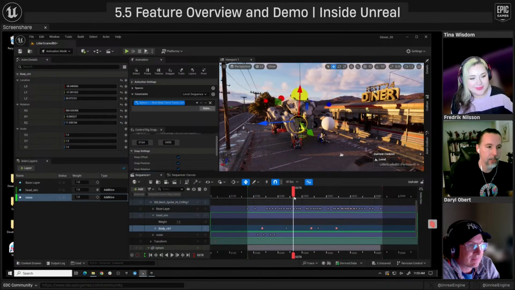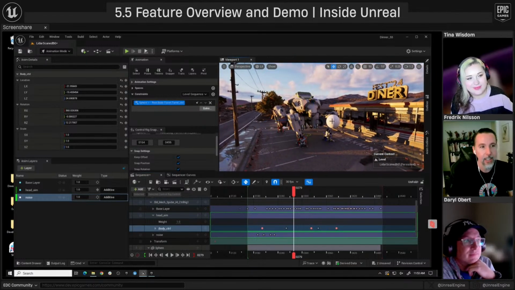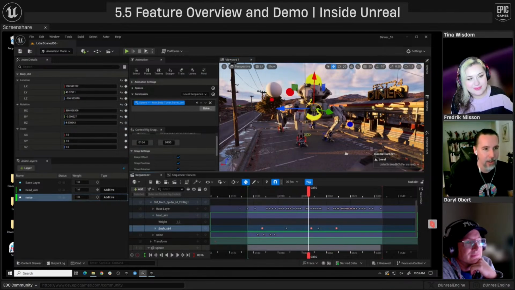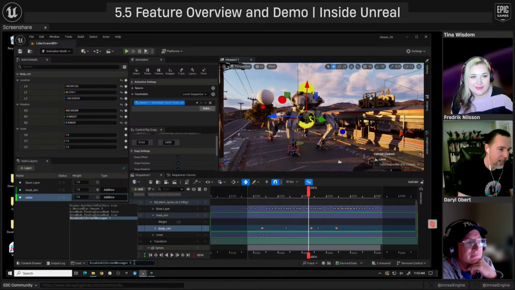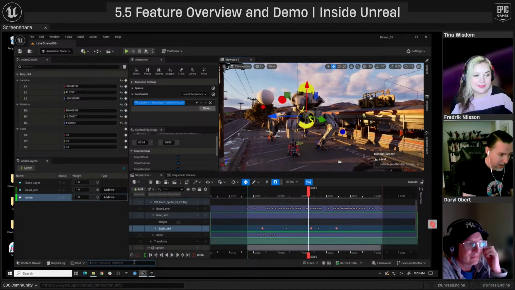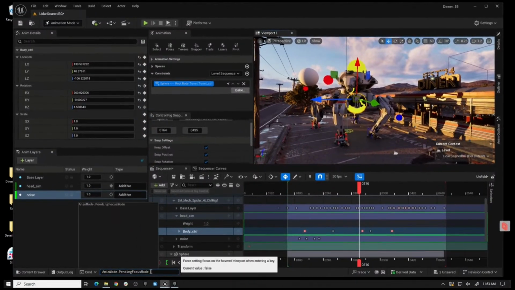If you're working in your sequencer and you move your mouse over the viewport and try to hit a hotkey like game mode, it doesn't do anything because the window does not have focus. So you would have to wiggle your mouse to give focus and then hit G. This really gets in the way of the flow of animating. I go over here, I hit a hotkey, why is it not doing anything? Oh, I need to wiggle the mouse to give focus to then hit a hotkey. That is kind of annoying. So let me find it. Sorry, all my CVars are showing up. Focus anim mode pending focus mode 1.